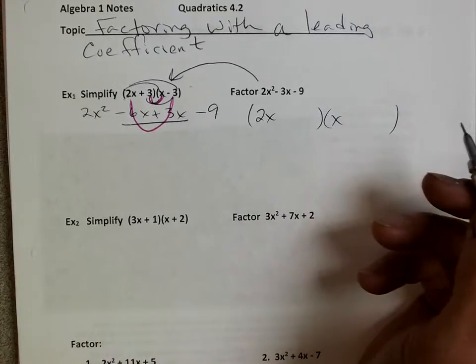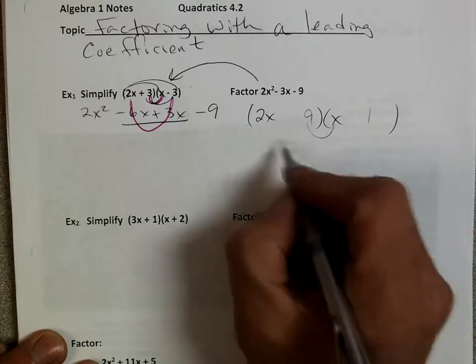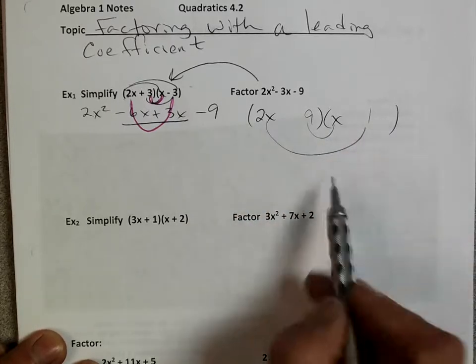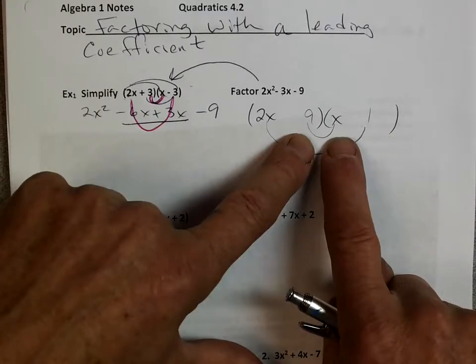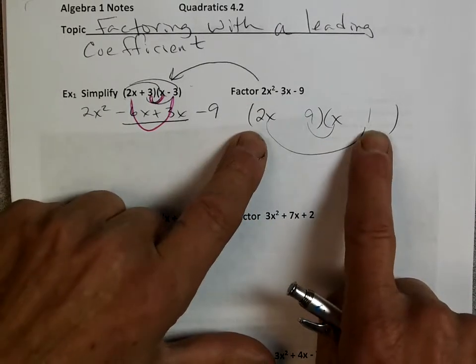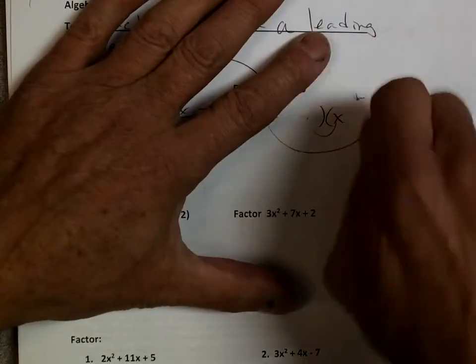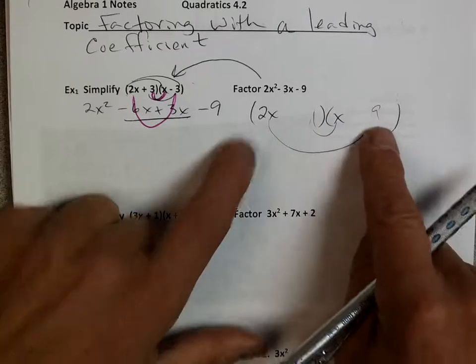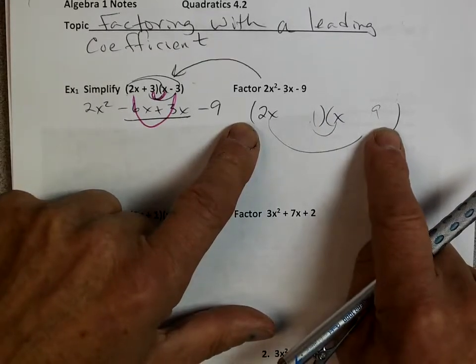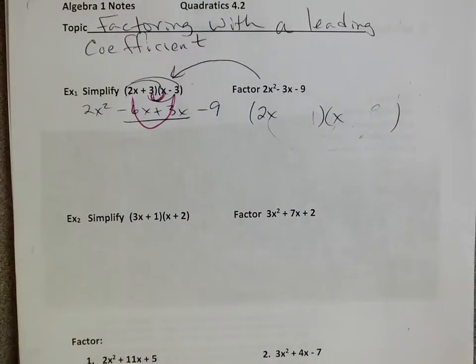So if I were to go ahead and try a 9 and a 1, my double smiley makes the middle term. That would make a 2 and a 9, which would never add up to a 3. You see it? And I could even switch the 9 and the 1. I just want to show you how it could be done wrong. I could do a 1 and a 9, but again, that would make an 18 and a 1, which would not make a 3. Now, if we do know the multiples of 9 are going to be 3 and 3,